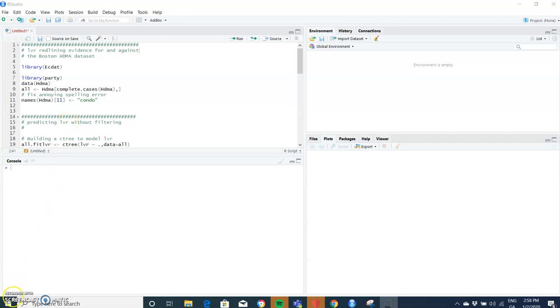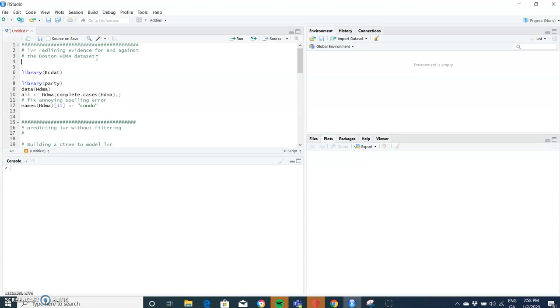Okay, so in this video clip, I'm going to take a look again at the Boston HDMA dataset, and we're going to do a little bit of machine learning, or use machine learning algorithms from some of these R packages. So we're going to use two packages. We're going to load in the library esat.dat, and that contains the HDMA Boston dataset, which was previously used by